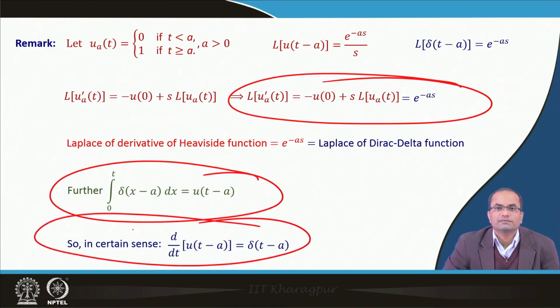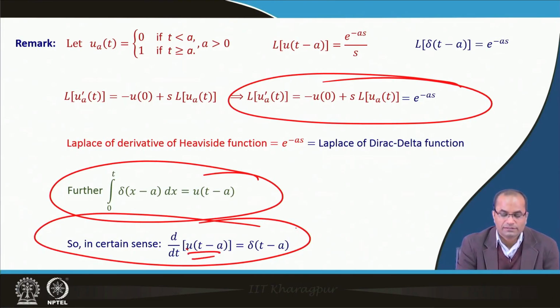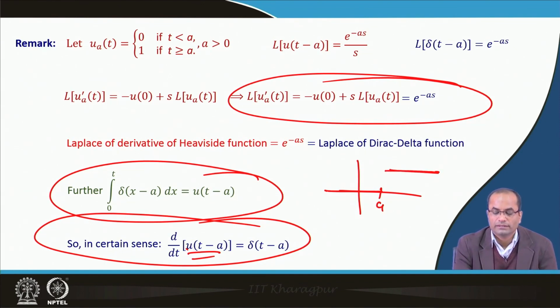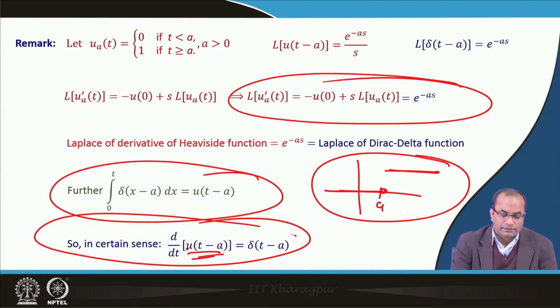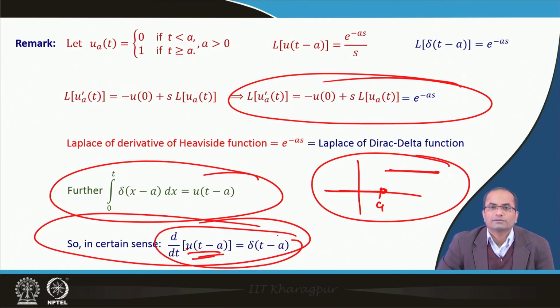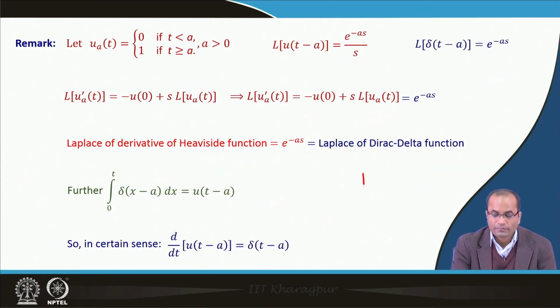So, in a certain sense we can say this, because this is again not the classical sense, because this Heaviside function is a discontinuous function. It has a value 0 when t is less than a, and then it has the value 1 when t is greater than a. So, this is a discontinuous function at t equal to a, and still we are talking about its derivative, and its derivative is the Dirac delta function, which is again not a classical function, but what we observe is that